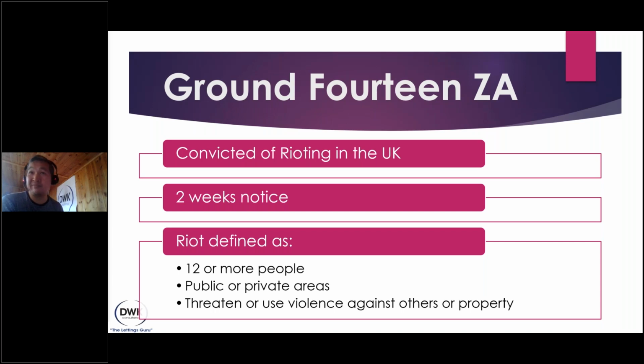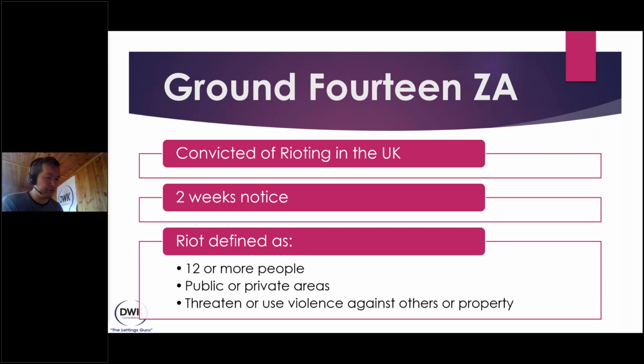Just to make you aware, I had to go and read up about what they mean by the definition of rioting. Their definition of rioting is 12 or more people, public or private areas, so whether it's outside or inside your home, they've got to be deemed to have threatened or used violence against others or property. So there needs to be 12 or more, public or private areas, and convicted of threatening or using violence against others or property. That, in theory, is deemed to be rioting, and therefore you could seek possession under the ground